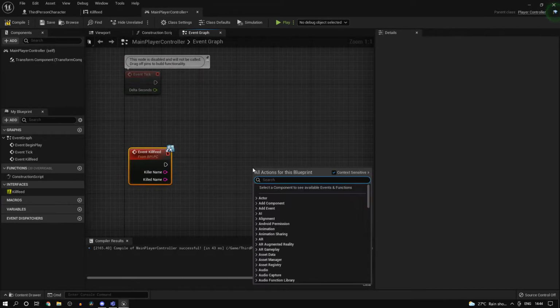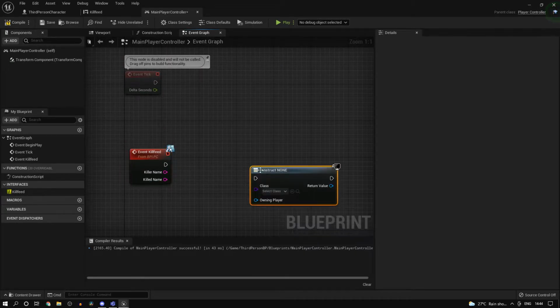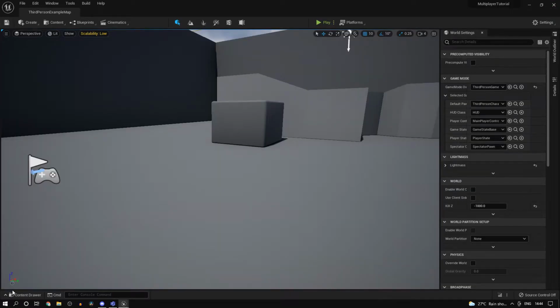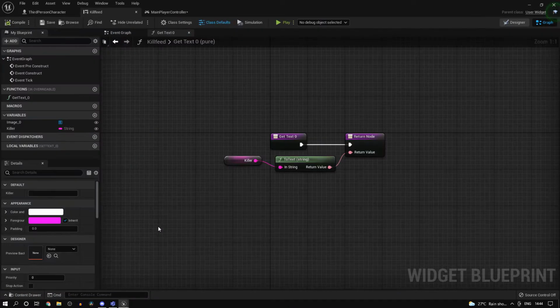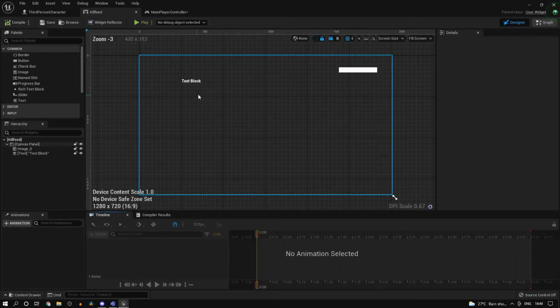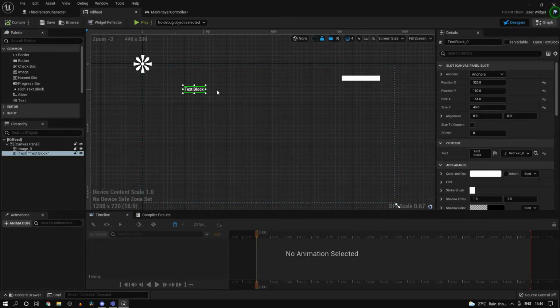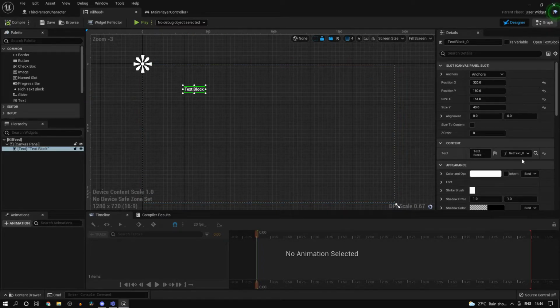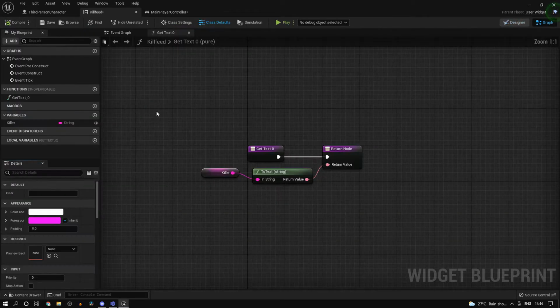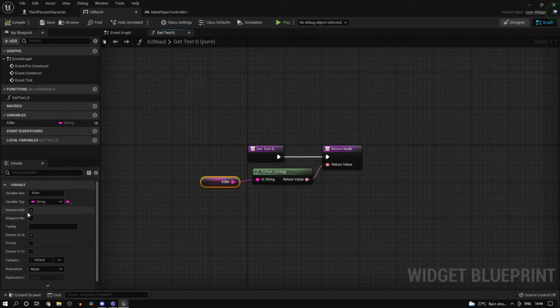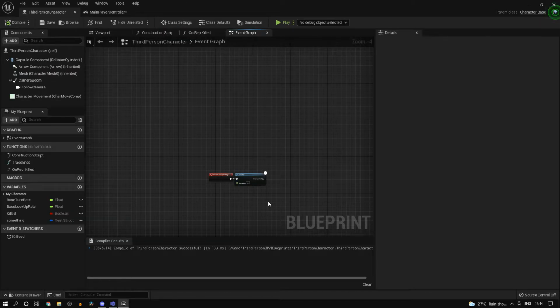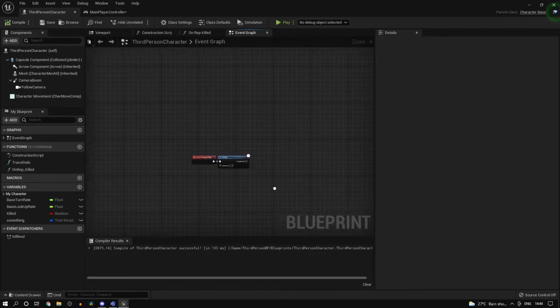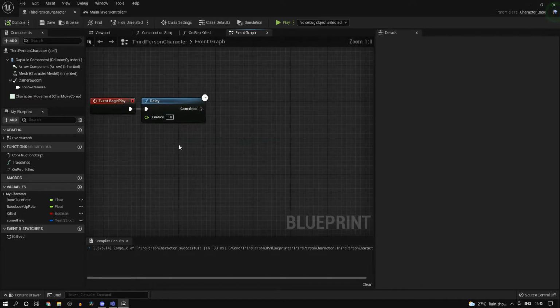And then on this I want you guys to create a widget, and for the widget I've gone ahead and created a kill feed widget. So it's just a simple widget. I've just dragged in some text here and an image which is kind of pointless here, and this text is actually bound to this variable killer, which I again expose on spawn. So it's a pretty simple setup. Again, since this depends on your game, I haven't really shown you how to do that. I could do that if you guys want in a future video.